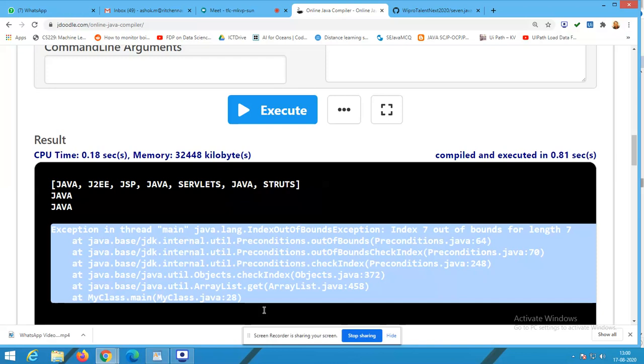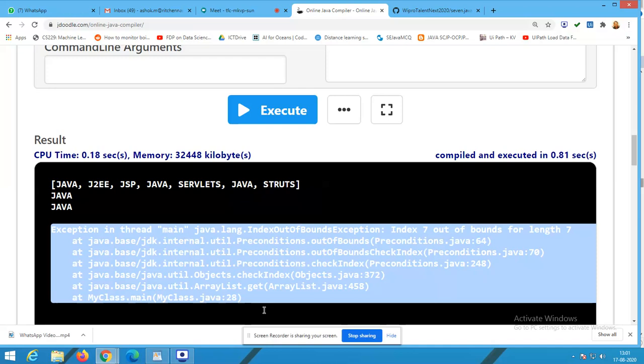If such situations occur, it will capture the system message and deliver the message given by you. For example, see this, could you understand what this message is conveying, internal dot util dot precondition dot out of bounds? No, it's very tough to understand, right? An entry level programmer or a person who is not related to computers could not understand that.